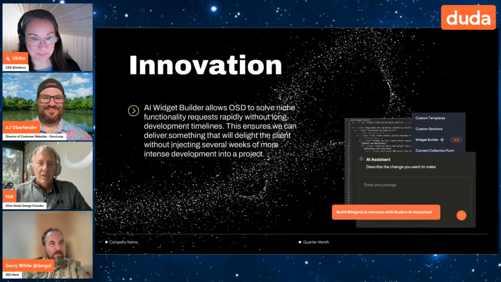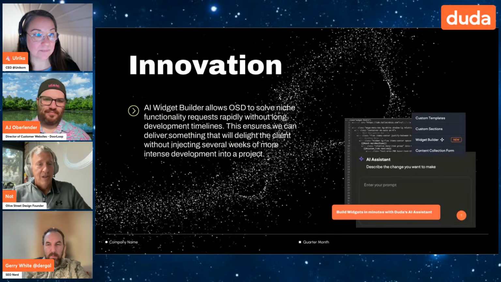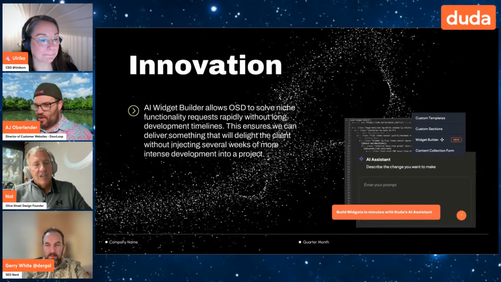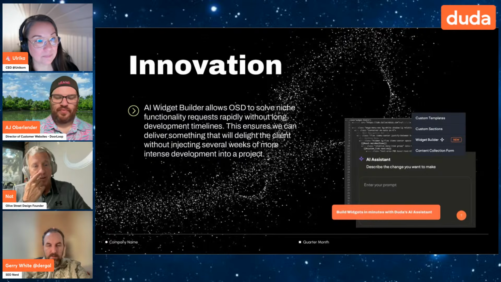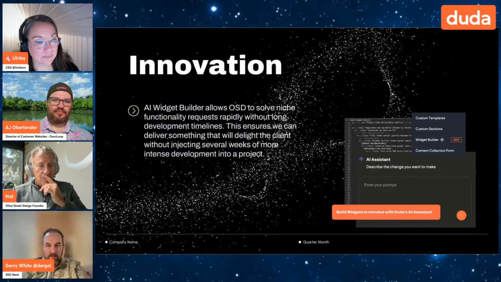Innovation. Talk about the Widget Builder, which is a newer thing here. You have to have a little bit of common sense, not really dev work here, but it's pretty cool. And when Amir Glatt showed us how you do it, it's like, wow, this is unbelievable. But it allows us to solve functionality requests rapidly without long development timelines, and cheap. This ensures we can deliver something that will delight the client without injecting several weeks more of intense development